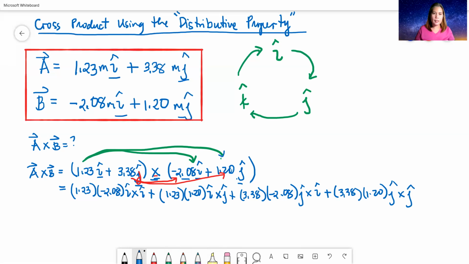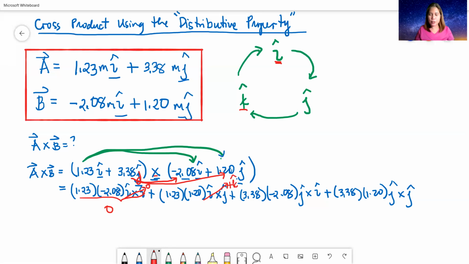Okay. Again, knowing that cross product is a product of the perpendicular components, all unit vector cross product here, which are lying on the same axis, will immediately have a 0 value. An example would be this one, I cross I. So it's just I cross I. You don't go clockwise. You don't go counterclockwise. So it's 0. Therefore, all of this is also 0. I cross J, you go back to your figure here. I cross J, you go clockwise. So it's positive K hat. So this becomes positive K hat.